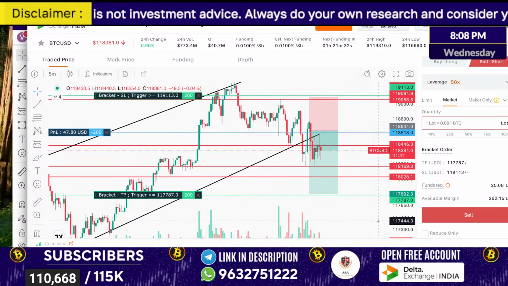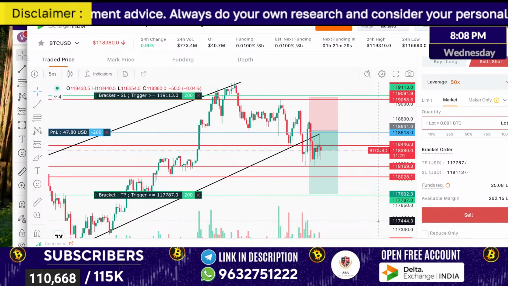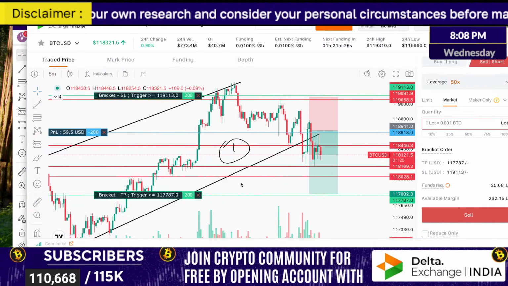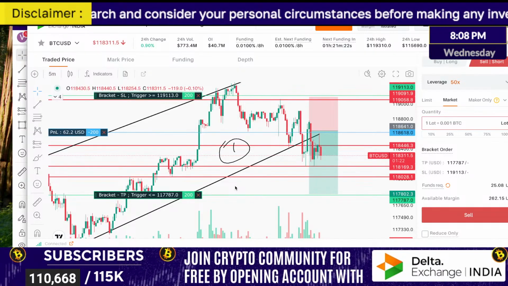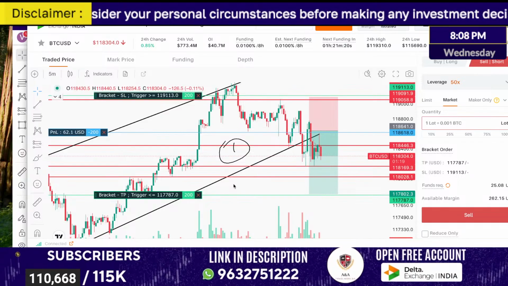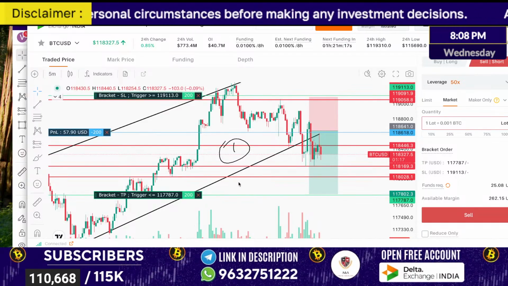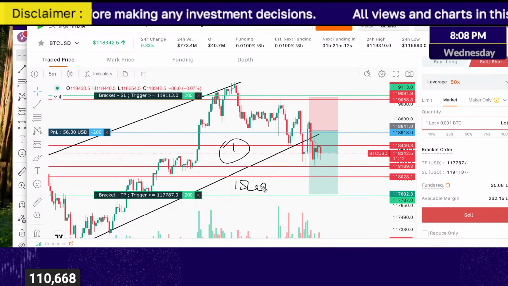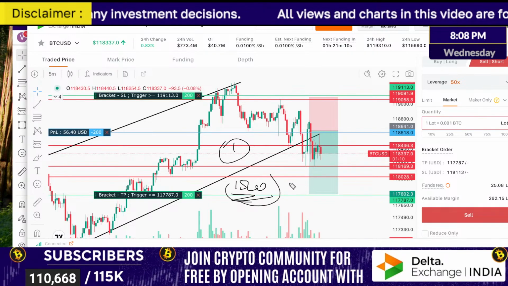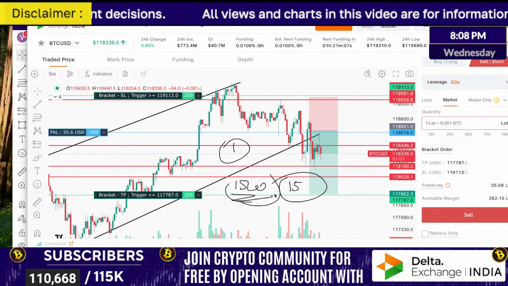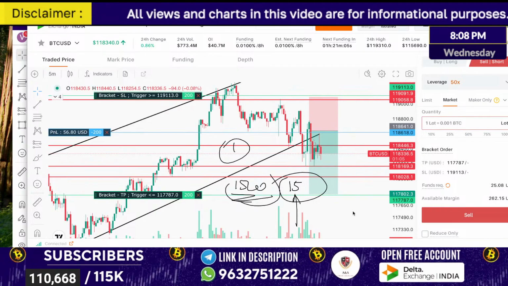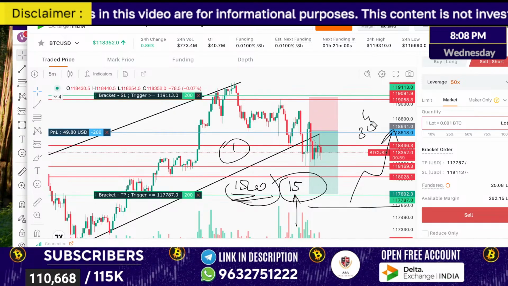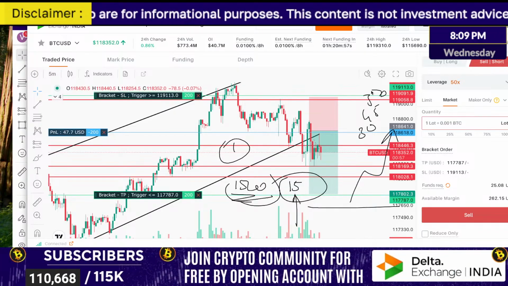If you have 1 lakh rupees, what should be the risk per day? Are you ready to lose 1 lakh per day? No, right? So what you do, decide what your risk per day is. For example, let's say your risk per day is 1000 rupees or 1500 rupees. Or maybe let's say $15. $15 is the risk you take for every trade. In return, you will be looking for $30, $45, $50, like that your target has to be.